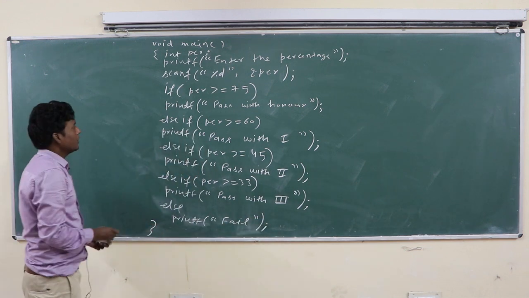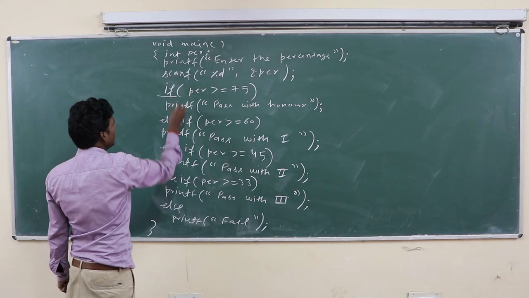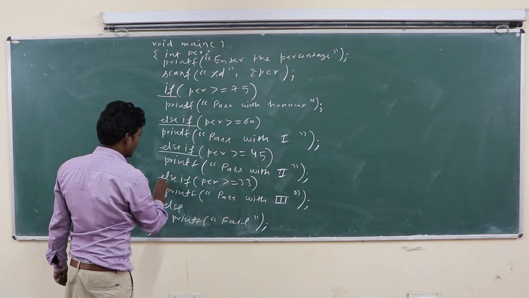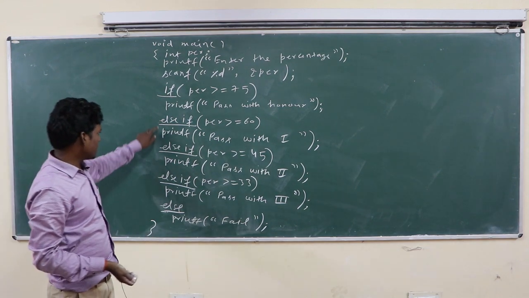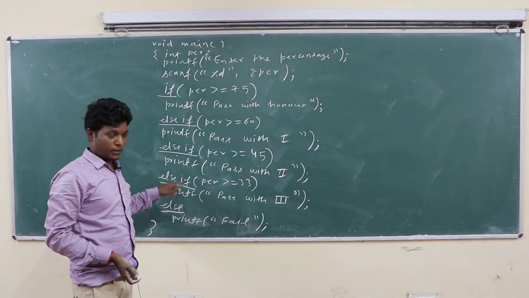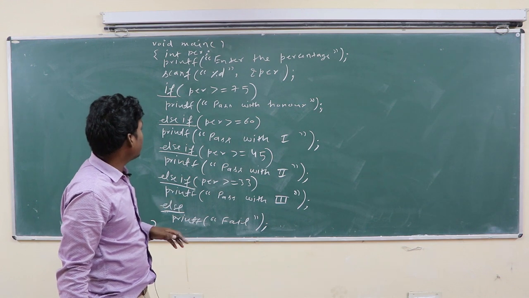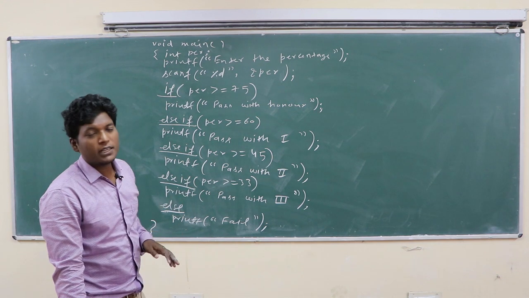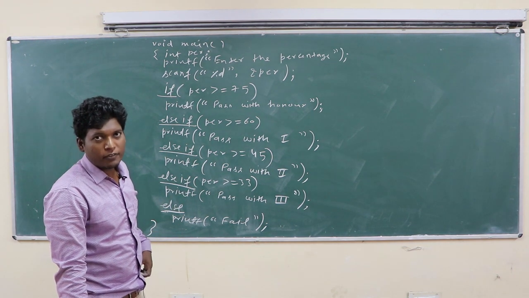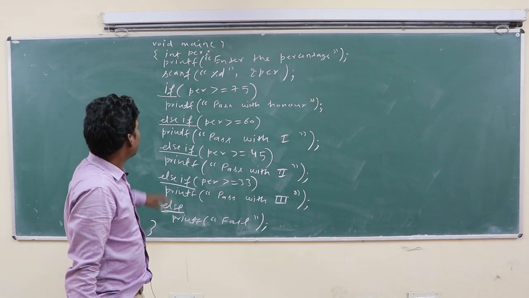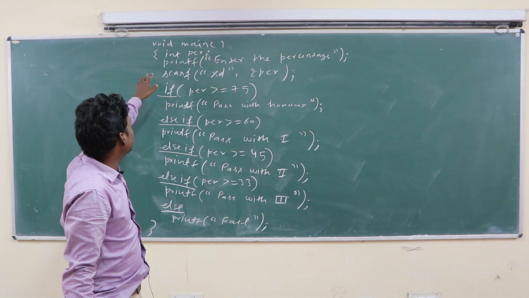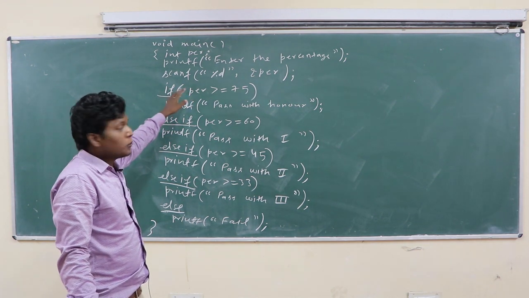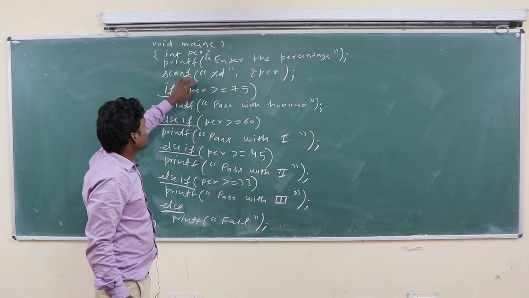Main is closed here. So class, here you can see if, else if, and in the last else. So this is the else if ladder example. In this example you have to check whether the student is pass or fail. If pass, then with what grade. So in this program we have not calculated the percentage, just input the percentage through scanf, through the keyboard,